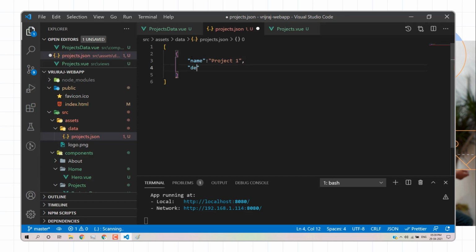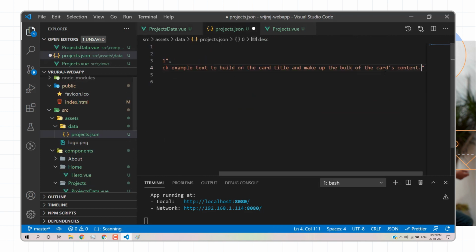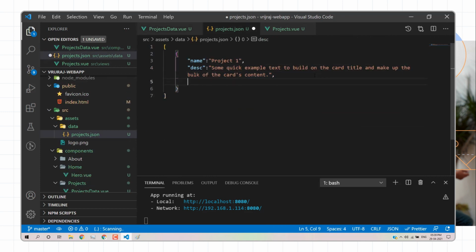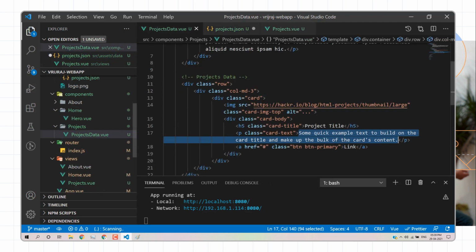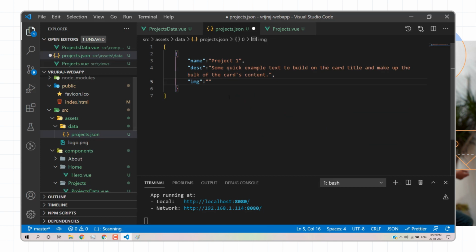Then you can write a description about this project. I'll just copy this random text and paste it here. And then we have an image, so I'll use image as a key-value pair. I'll use this particular path, save, and then paste.